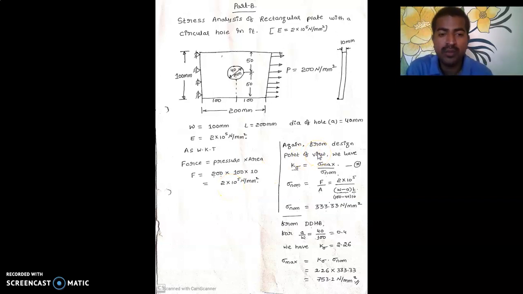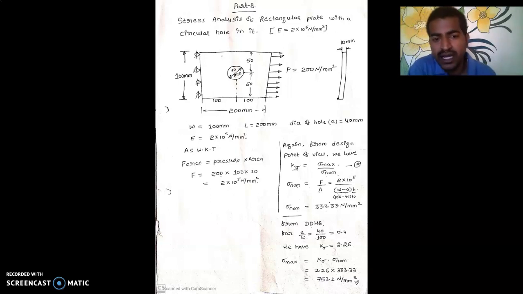Again, from the design point of view, in the fatigue chapter you have studied about the plate with a hole in it. So what are the design parameters, that is stress concentration, maximum stress, nominal stress, all you have studied in DME 1.